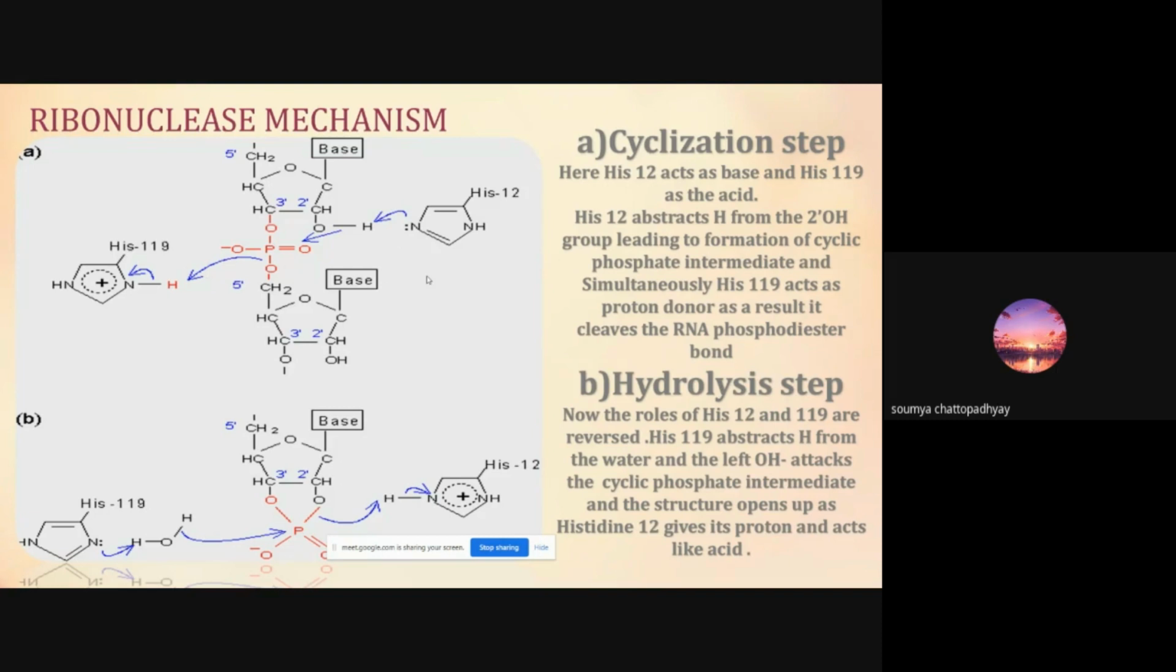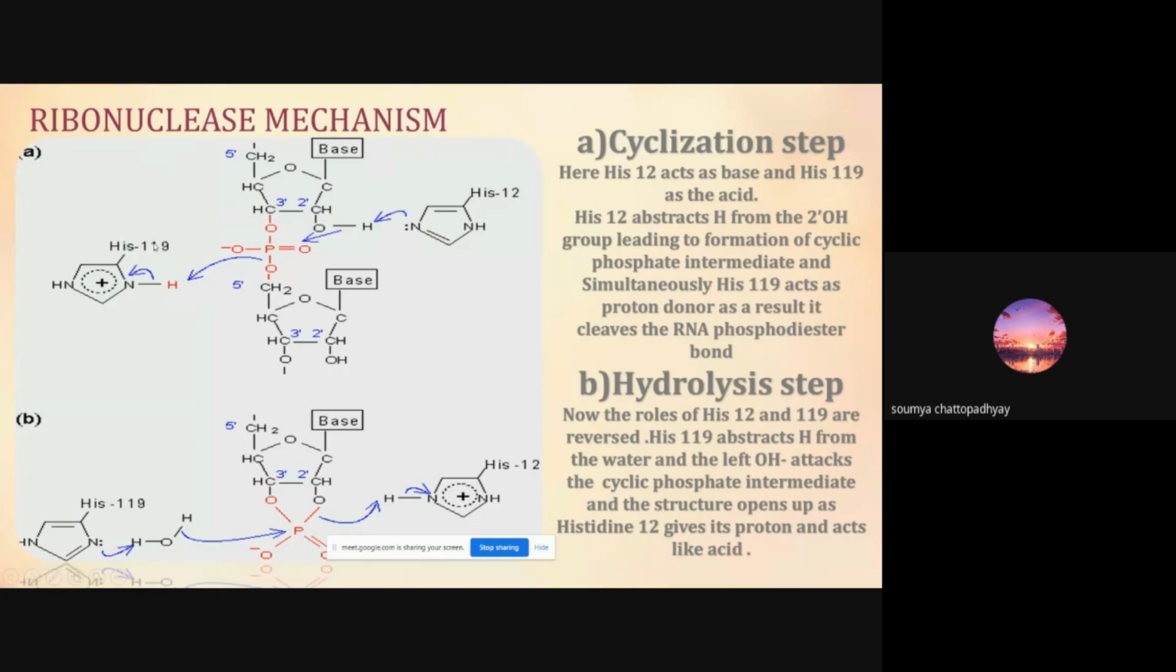Now, how does it happen? Among the histidines, there are some which are catalytic, such as histidine 12 and histidine 119. The first step is the cyclization step. Here, histidine 12 acts as the base, and histidine 119 acts as the acid. Histidine 12 abstracts a proton from the 2'-OH of the RNA. What's left is the O minus, which attacks the phosphate group, resulting in a cyclic phosphate intermediate. In the meanwhile, this NH group